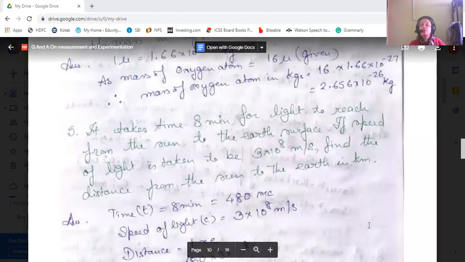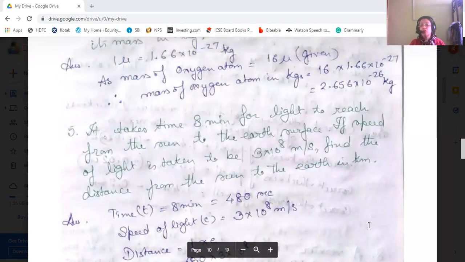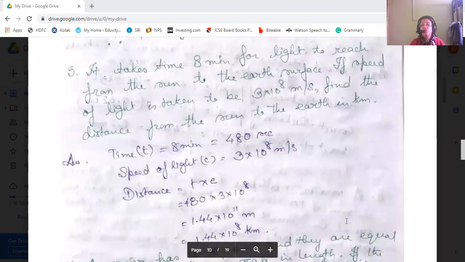Then it takes a time of 8 minutes for the light to reach from the sun to the Earth's surface. The speed of light is taken to be 3 into 10 to the power 8 meter per second. Find the distance from the sun to the earth in kilometers. So time given is 8 minutes, that is 480 seconds, as the speed of light is also in seconds. And therefore,